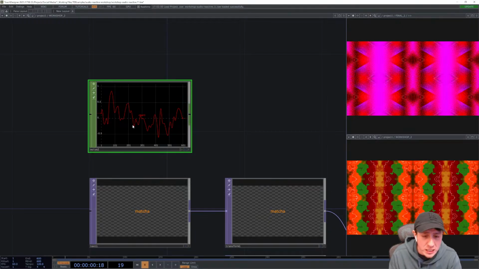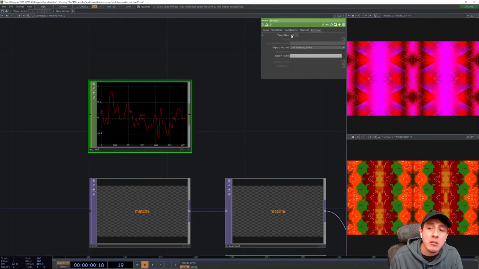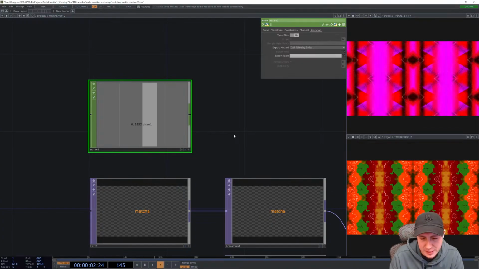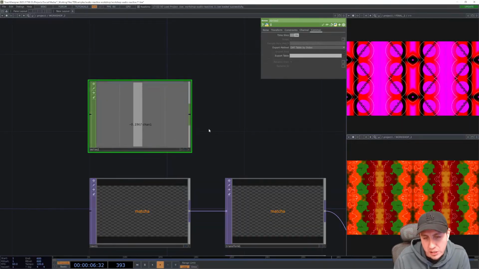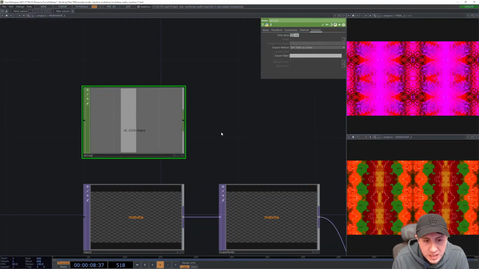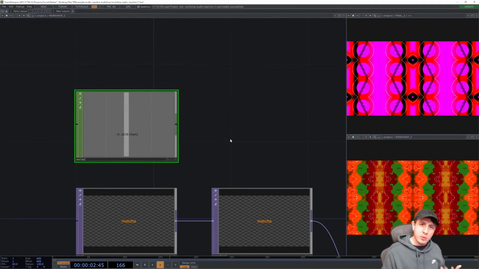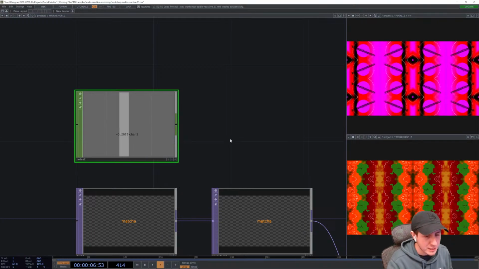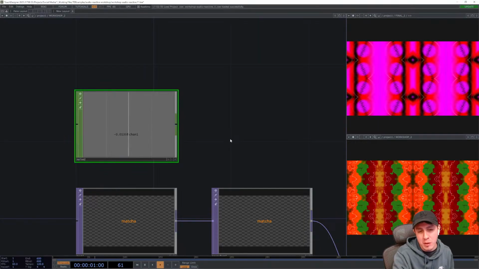So what I want to do is I actually want to make this move. So I'm going to open up the parameters for noise. I'm going to go to the common tab and I'm going to turn time slice on. And if I make sure my TouchDesigner program is actually playing, I can see these values start to change. Now, the description said it typically will run from a range of -1 to +1. That's going to be important to keep in mind, especially when we think about how I want to use this